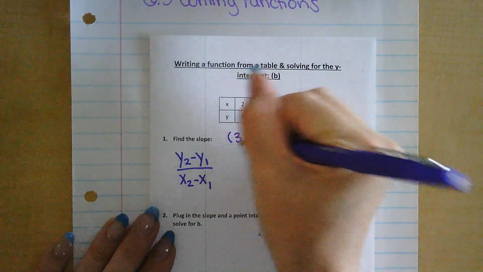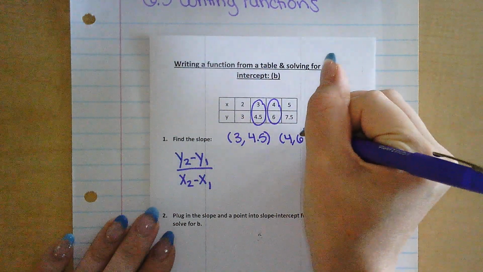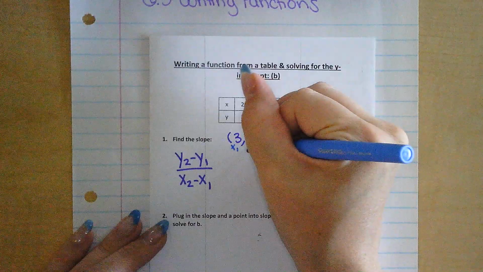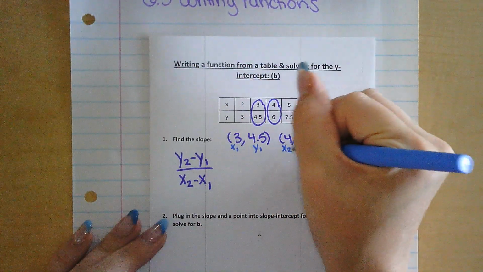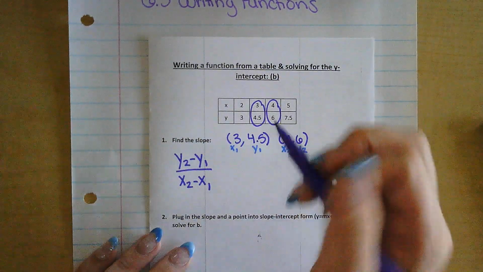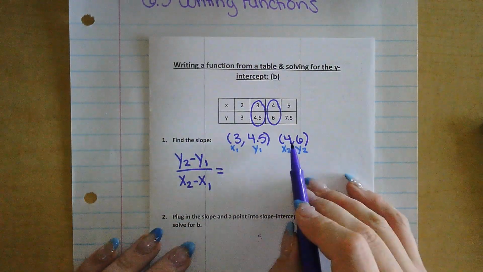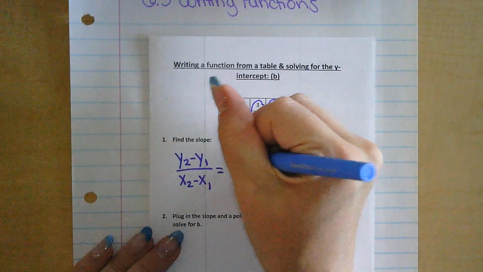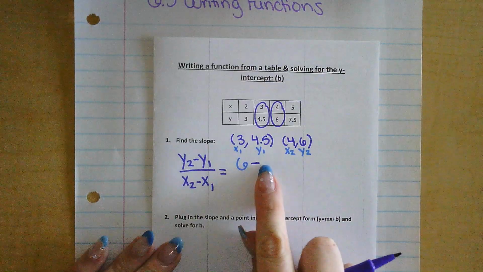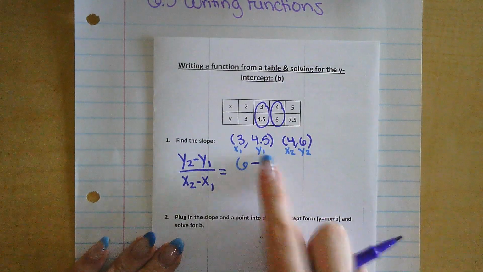And I'm going to start by writing those as ordered pairs, and then labeling them x1, y1, x2, y2. Now I know exactly where to put them in my formula. So I'm going to put y2 as 6. Remember to always write the subtraction sign, even if your second number is negative. And then y1 is 4.5